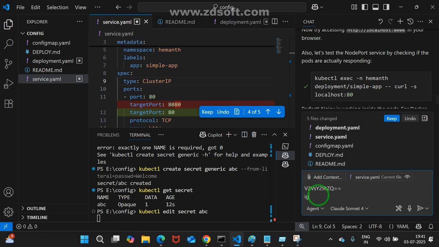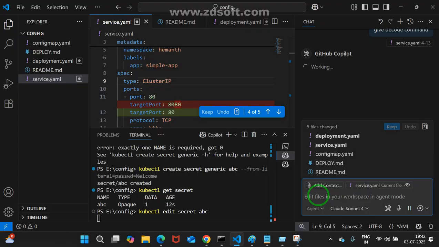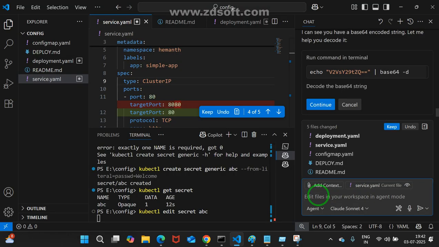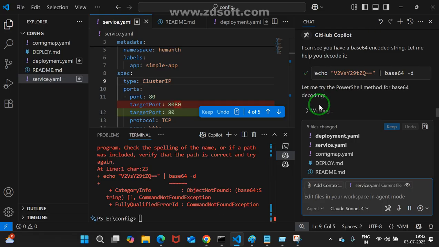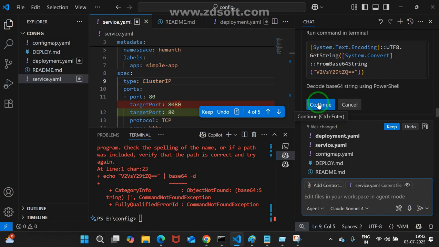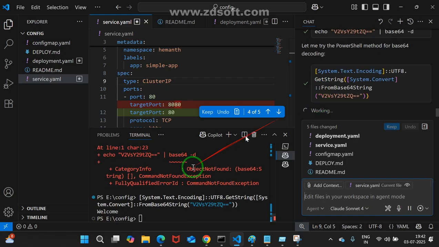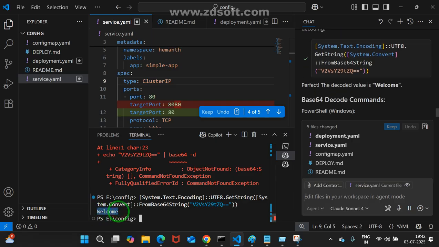Just give me encode. First I may go for decode, right? Decode command. I want to decode. Is the base64 decode command there? See, there I am going to run it. It will provide for us. PowerShell does not understand it. Now this is converting into PowerShell format. See, again, what I am getting, Hemant, like this we can manage.